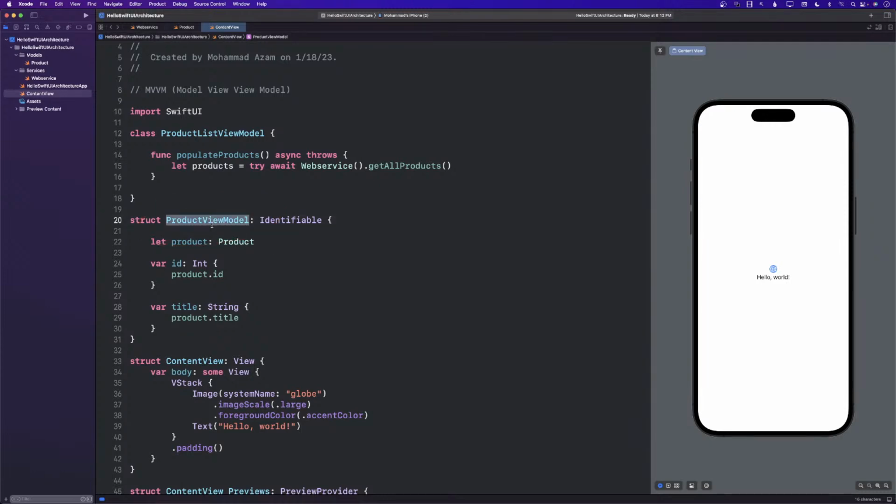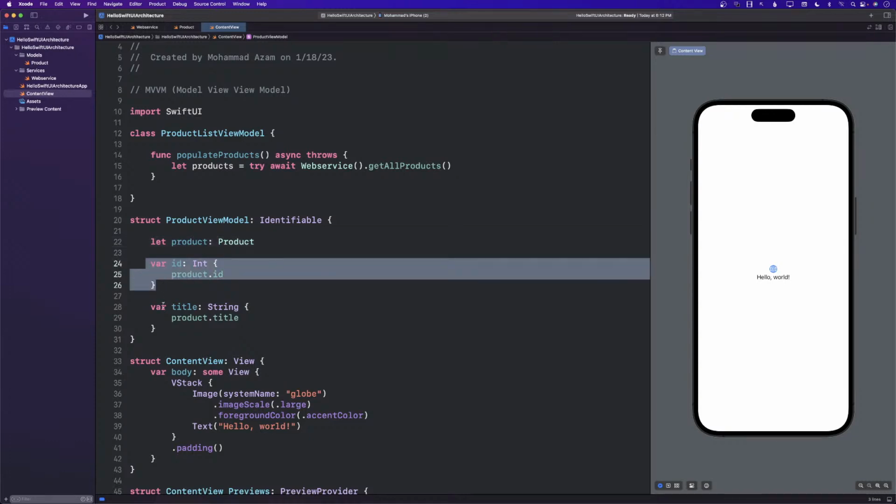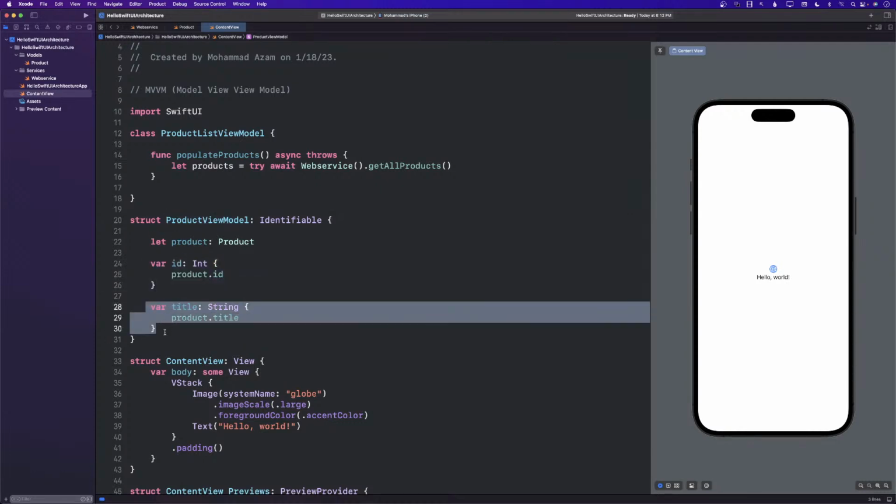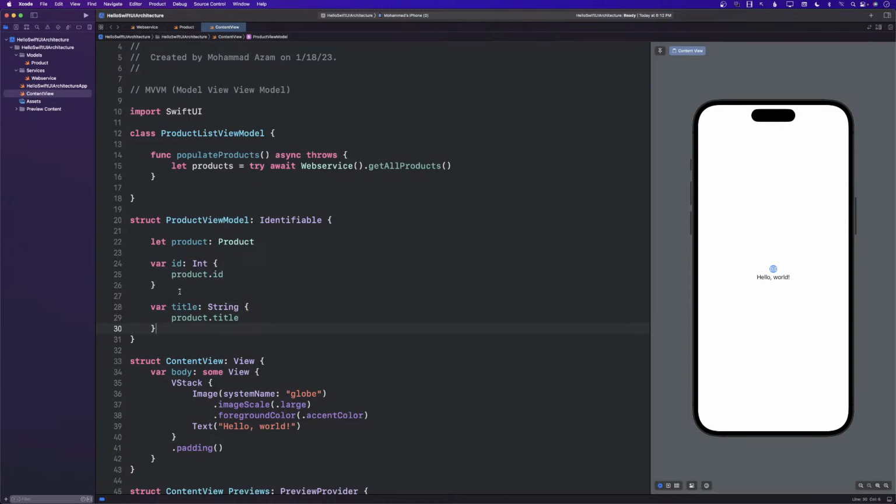You can see that in order to create this particular product view model, we need to pass the product DTO or the product model coming from the server, the JSON. And then we return some properties as we want to. So this product view model will be responsible for providing the properties to the view that you want to display on the screen. So these are the two properties I want, and that's it.